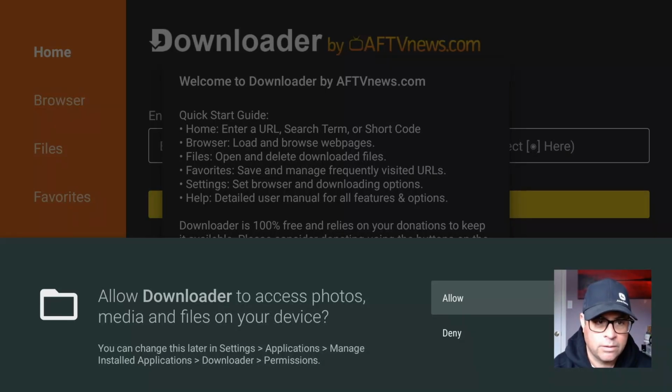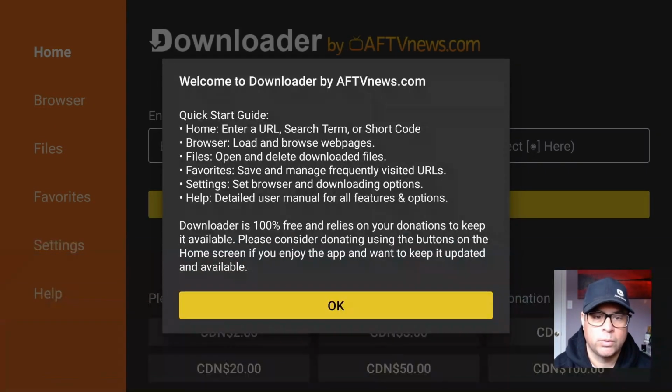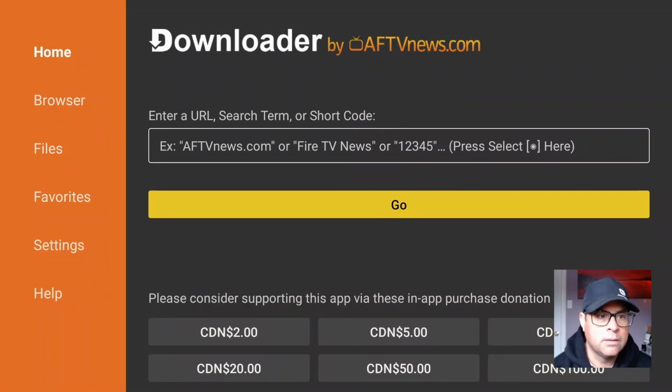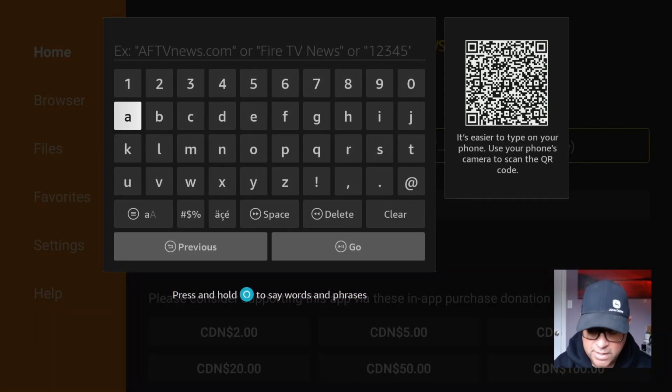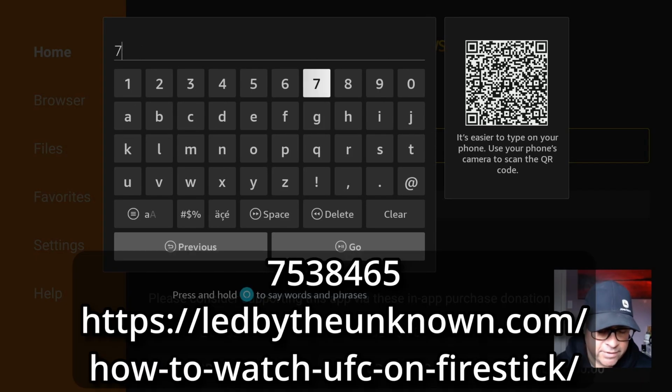Yes, allow downloader to access photos, media, and files on your device, as downloader will need to download some applications. Let's click OK. Click up once and then hit select, as I do have a shortcut for us to type in. This one's a new one. So it is